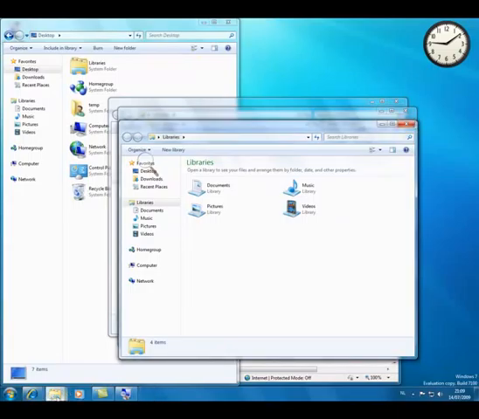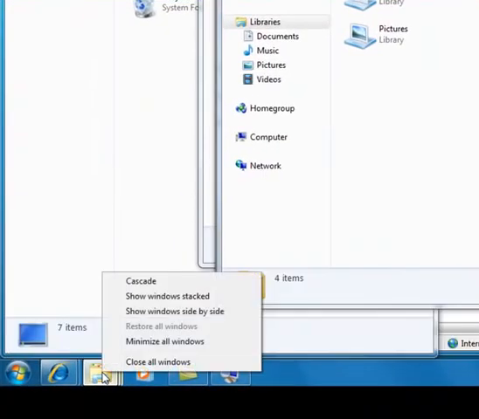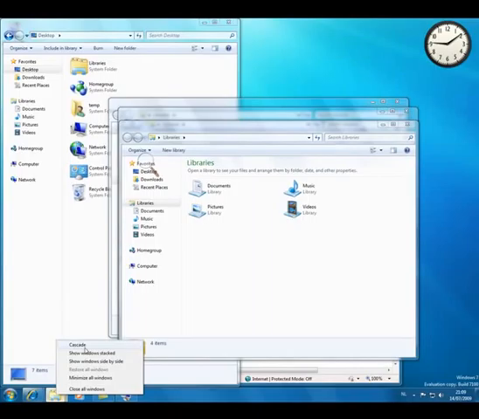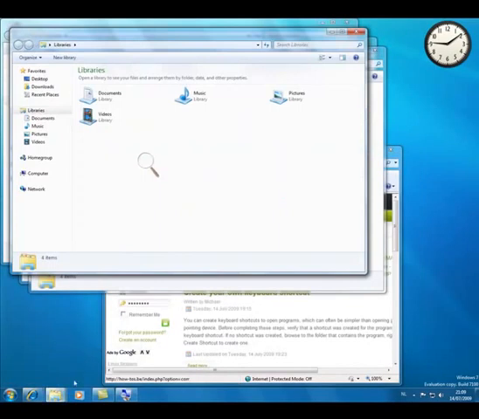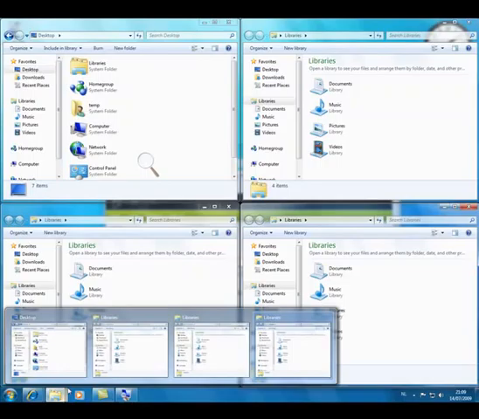You can also shift right click on a window, and then it will show you the options of different windows, as there are 2 instances or more instances even of this window. You can make them cascade, or you can even stack the windows. So it's really handy to organize different open programs, similar programs of course, because here I have 4. If I remove one,